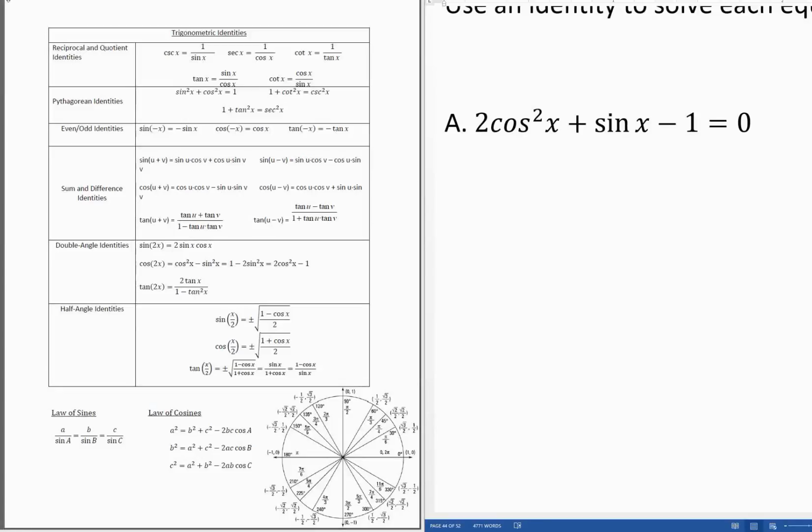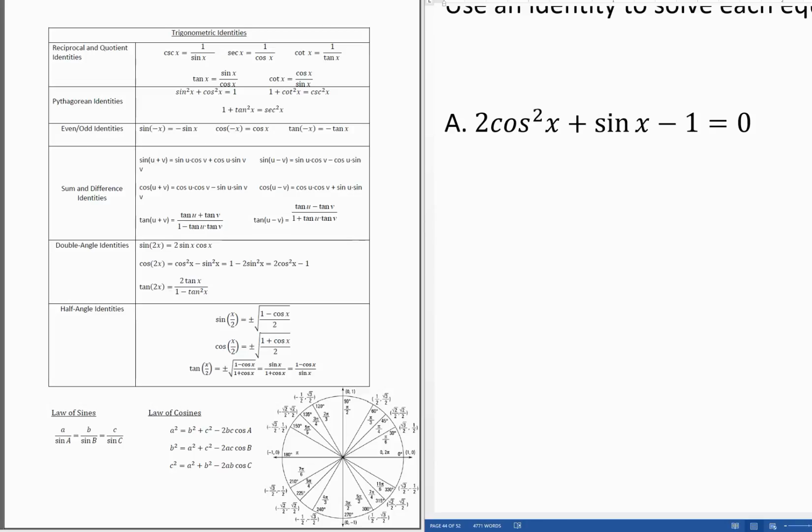We're going to look at another way we can solve trig equations, and sometimes it might be beneficial to use an identity and substitute in and then solve the equation. So here we want to solve 2 cosine squared of x plus sine of x minus 1 equals 0. One thing that we have trouble with here is that we have cosines and sines, so it's hard to